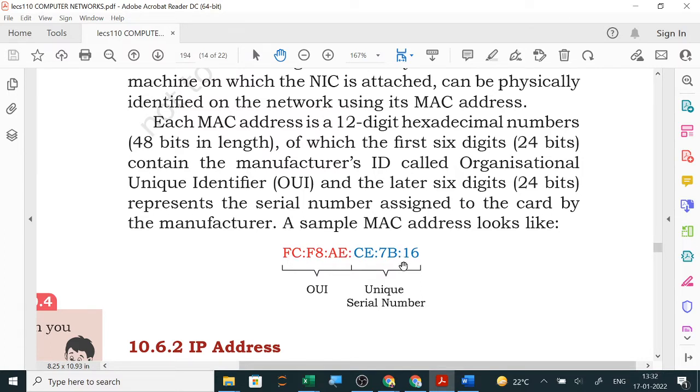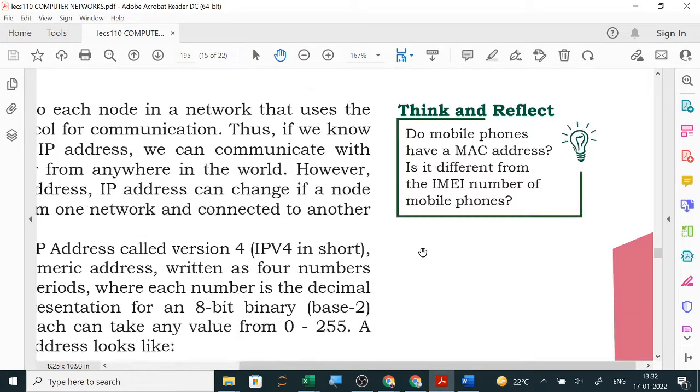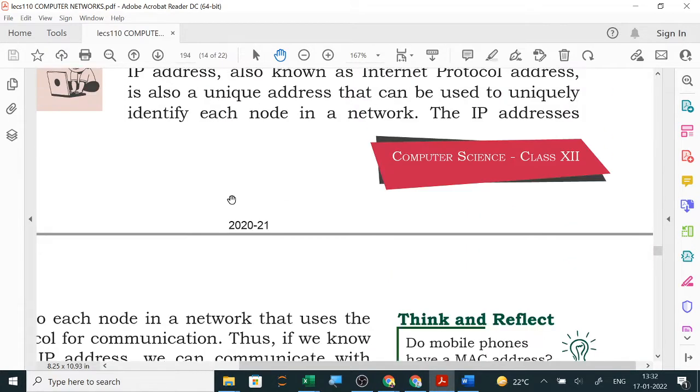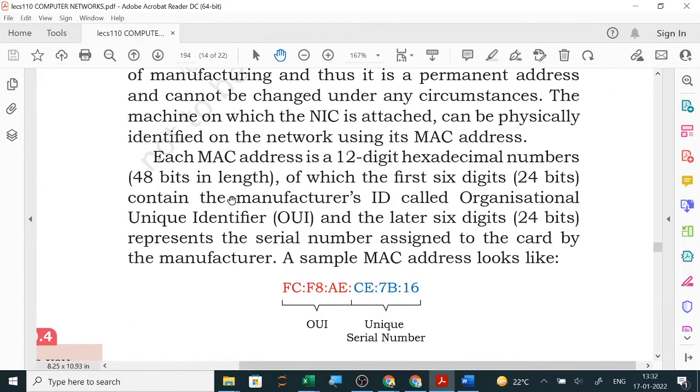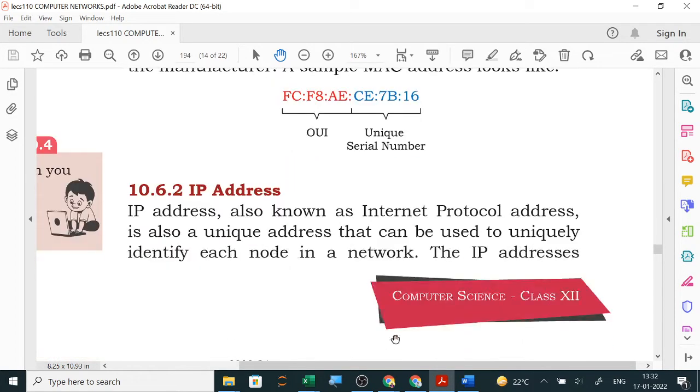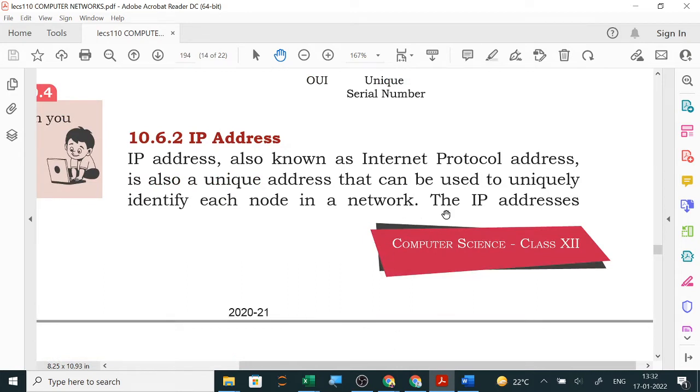They will ask you the difference between MAC and IP. So here you can see how a MAC address looks and how an IP address looks. In an IP address only numerical values are there. There is no hexadecimal. So this is the main difference. Now, the MAC address is given only while manufacturing, and very easily we can find out from which machine any message is being sent.